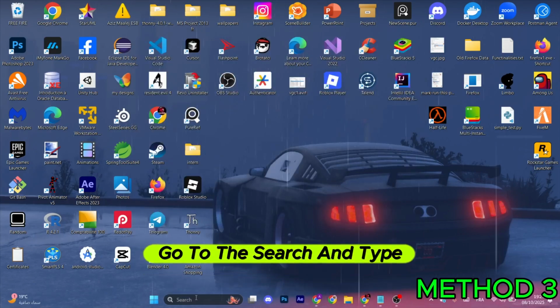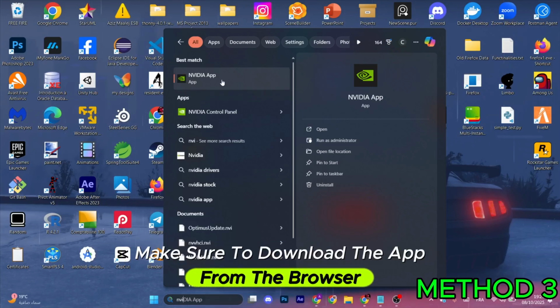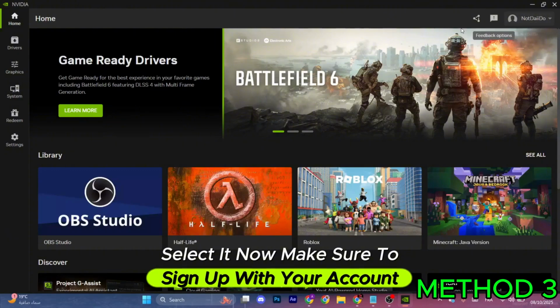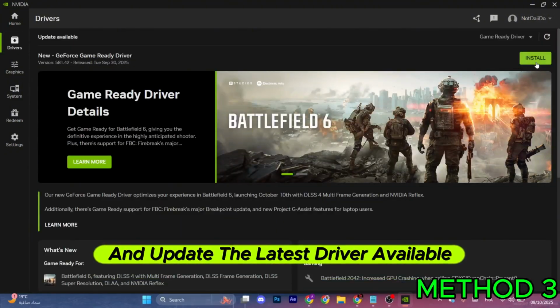For the next step, go to the search and type in NVIDIA app. Now if you can't find this app, make sure to download the app from the browser. After that, go back to this step and select it. Now make sure to sign up with your account. After that, go to Drivers in the left menu and make sure to install and update the latest driver available